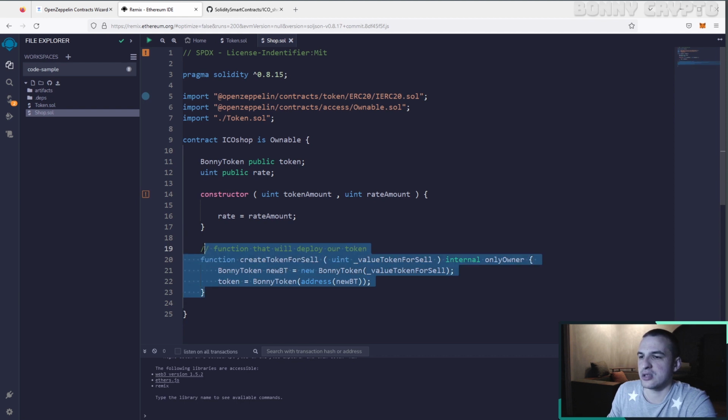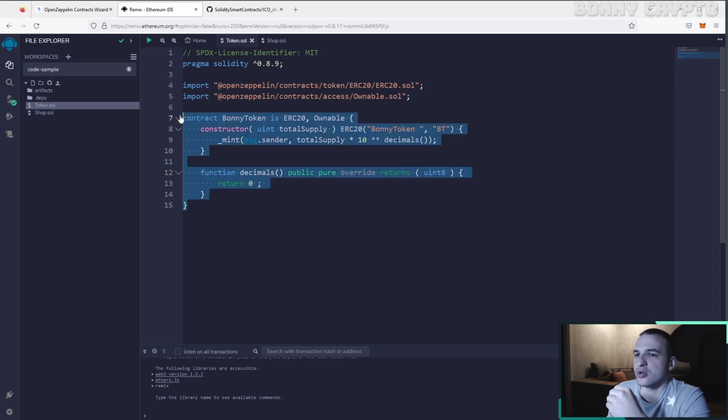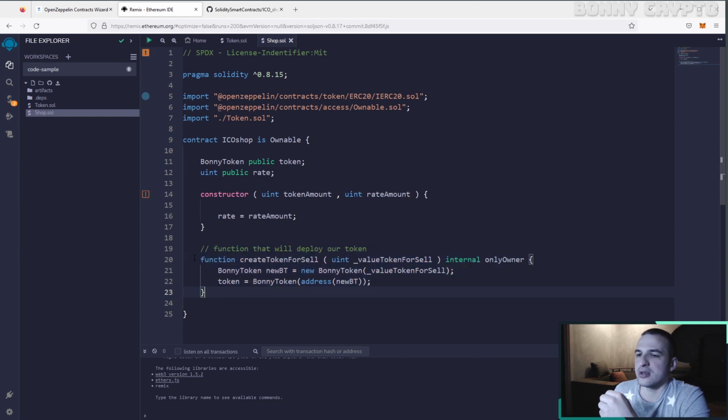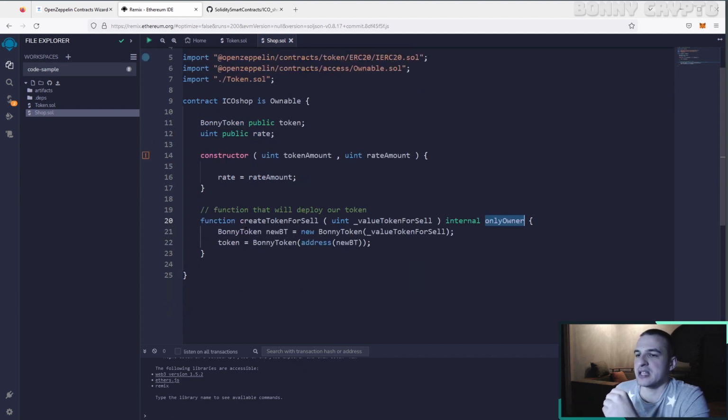Guys, our function that deploys our token is ready. Remember that in our token constructor we need to put the amount of token supply, so how many tokens we need to create. When we call this create token for sale function, first of all we can call it only from the owner. Then we need to put the amount of tokens that we need to create,